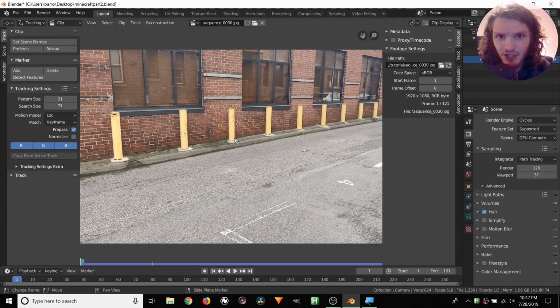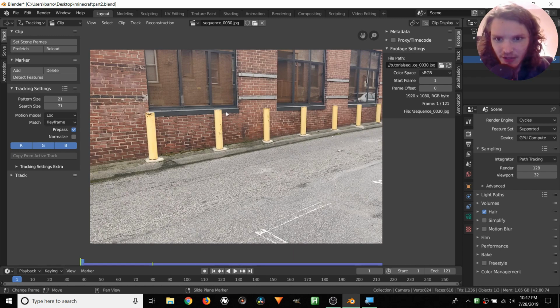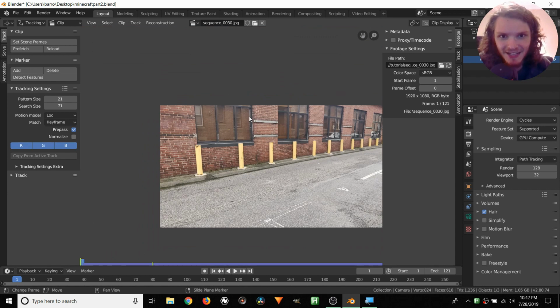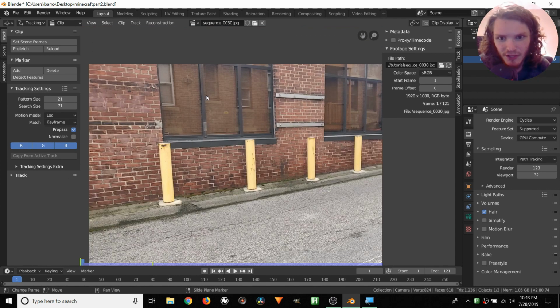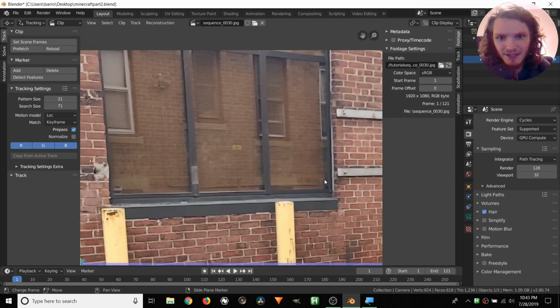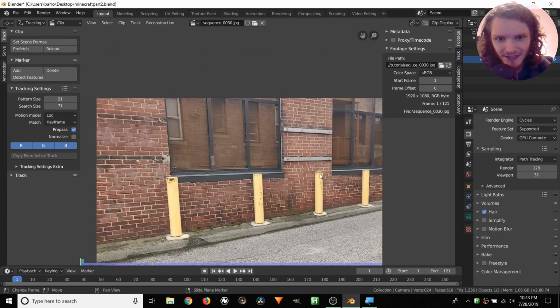Okay, so for our camera track, we need to do a bunch of point tracks, and then by tracking a bunch of individual features, Blender can look at the differences between them, and then extrapolate how our camera must have been moving in the first place. Generally, there are a couple rules, but in this case, I would say the only rule that applies is we don't want to track a reflection, being these windows, because that's not representative of the camera moving. If we track this window over here, and I don't mean this big window, I mean the window and the reflection right here, it will be moving differently than how this wall is actually moving, which isn't good because it's not a good tracker, is the point.